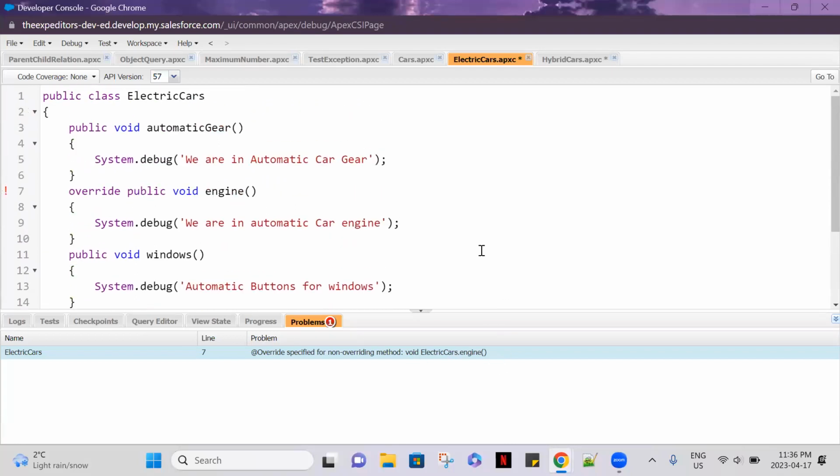Now put extends cars. It's giving an error: non-virtual, non-referred cannot be extended. So which one you have extended and